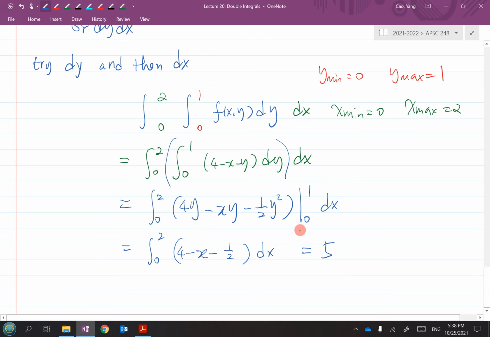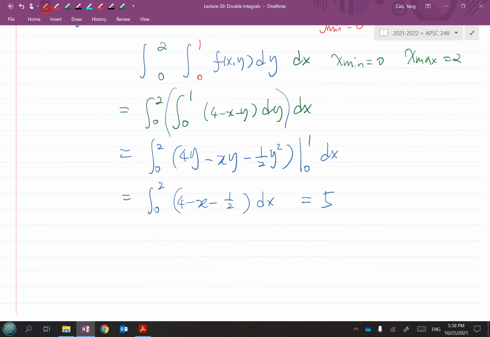Is that good? Okay. So I want you to try yourself: what would be the volume if I change the order, or what would be the limit if you change the order? Basically, instead of dy dx, you do dx dy as the new order of integration, of scanning. For this question, you can try it. It should be pretty straightforward. You just have to change, because it's a rectangle box,